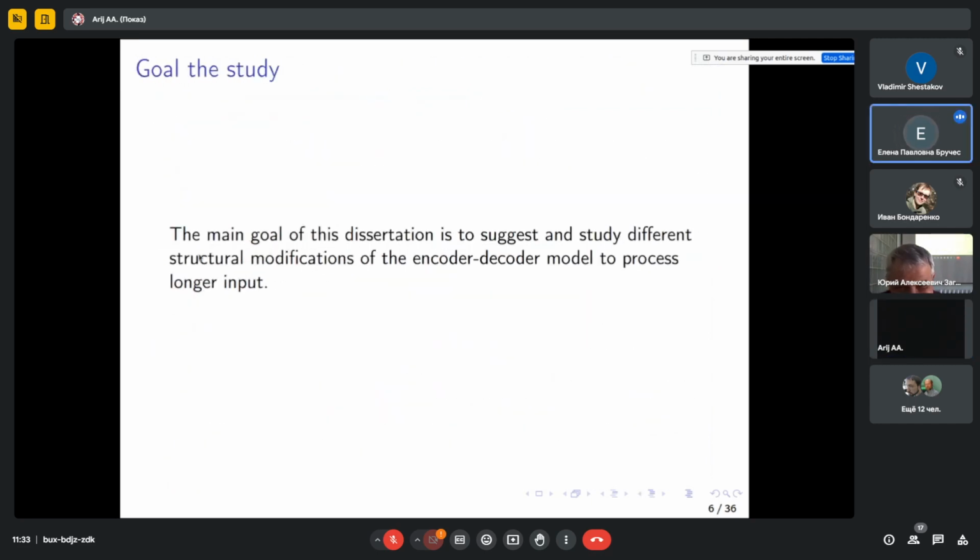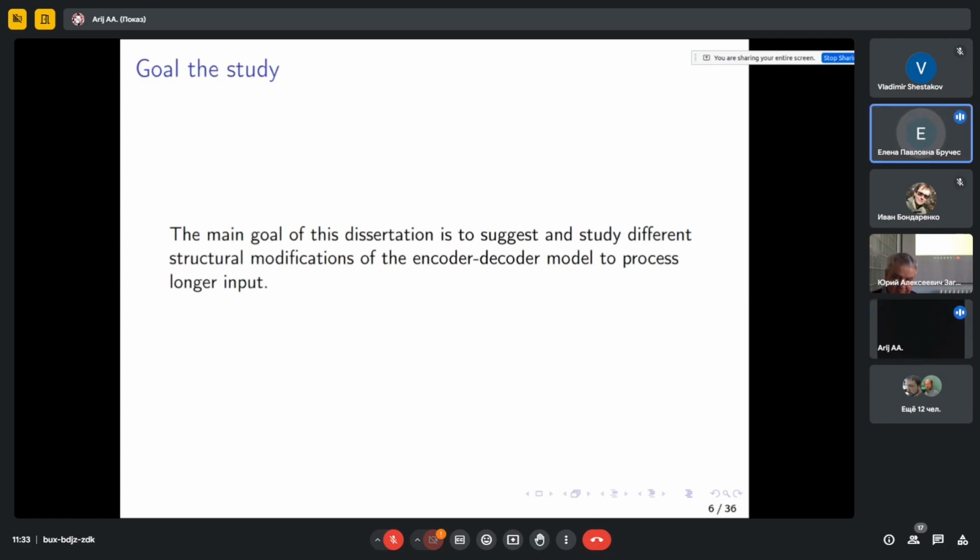Yeah, with the goal. Just my opinion, I think it's better to switch these parts: first of all you have to study, and then suggest your own modification. Again, I didn't understand your note. In my opinion, it is better to switch these parts, to first study and then suggest your own modification. Study, then suggest. Okay, understand.